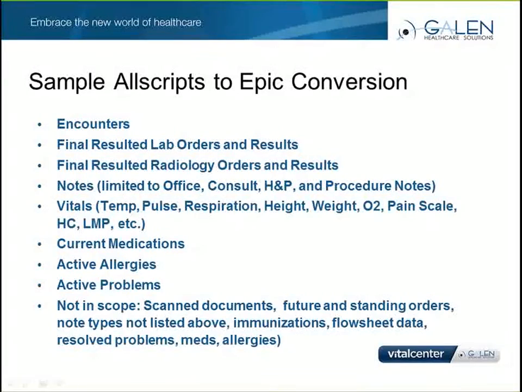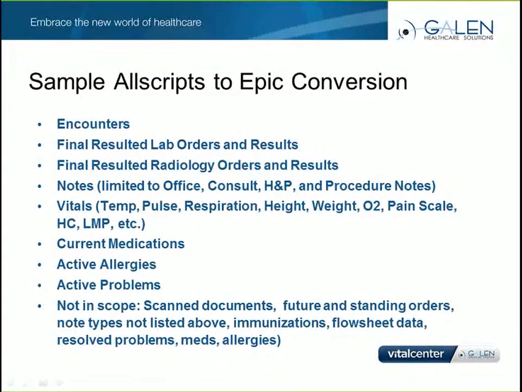This may sound kind of funny, but when you're working so closely with the data, it's not always clear if something is part of the conversion or not. A recent example that I experienced was with orders and results. The project team communicated that lab orders and results were part of the conversion. When the conversion went live and users started using Epic, there was a lot of end-user frustration and urgent meetings